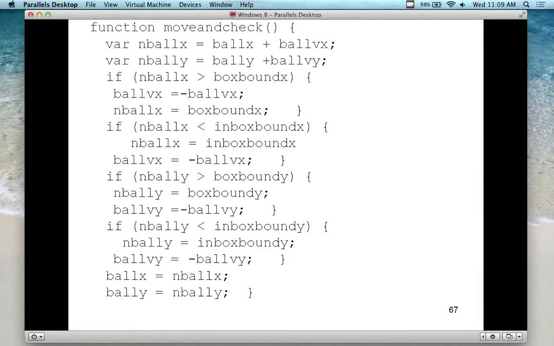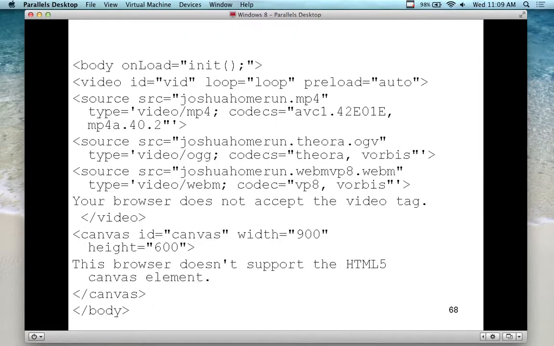Compare the two. If they're equal, then it hasn't been moved yet. If they aren't equal, it has been moved. And